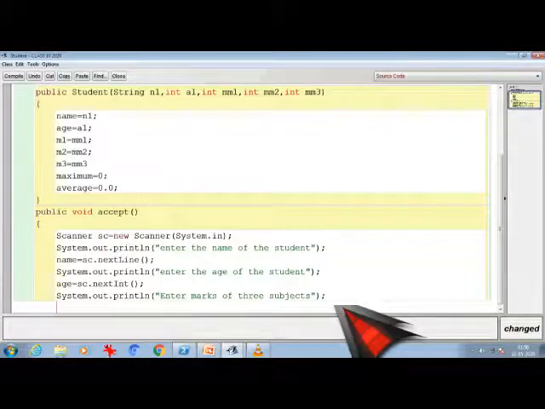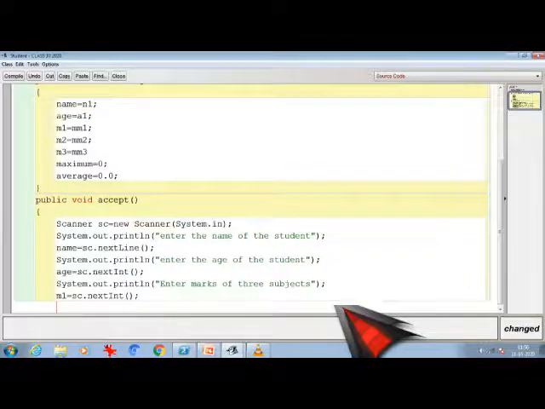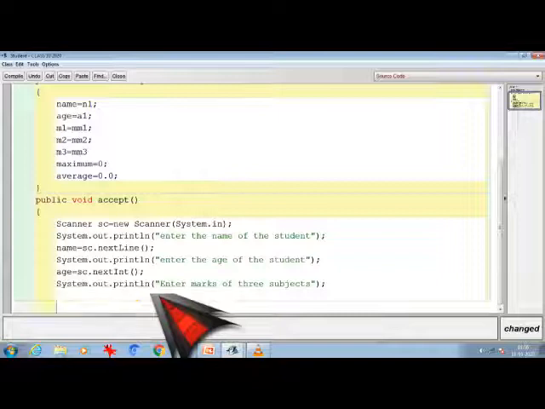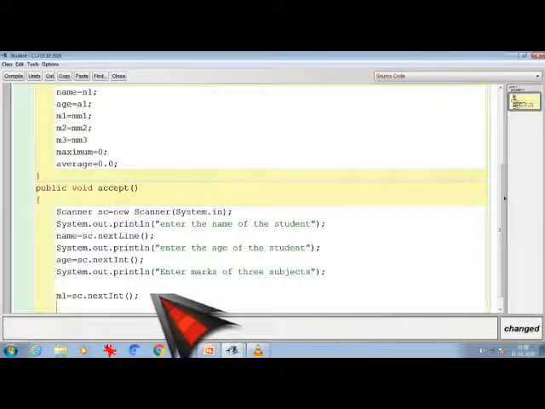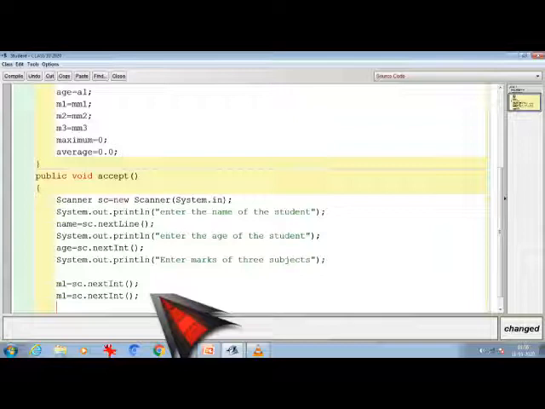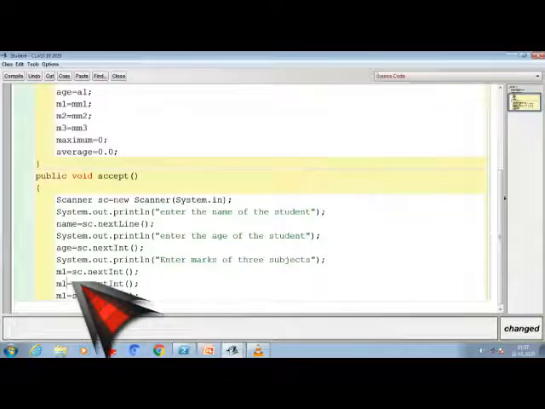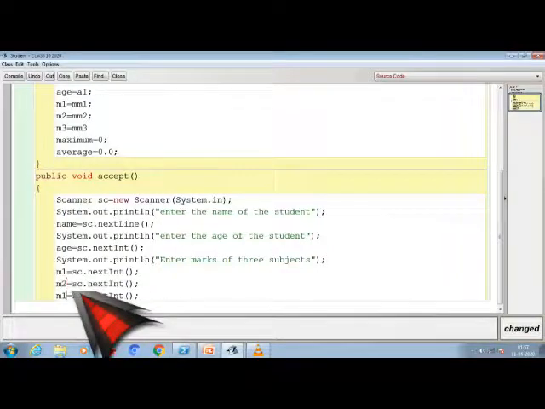So m1 equal to sc.nextInt. The same thing is going to be applicable for m2 and m3. So let me change them as m2, and back again m3.